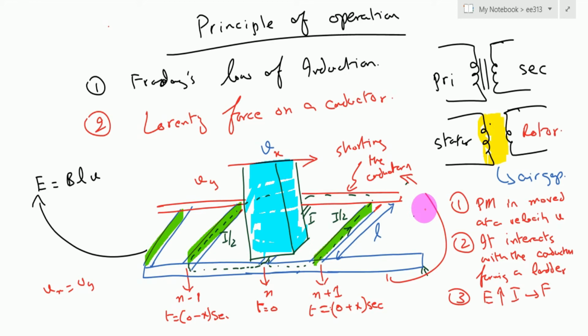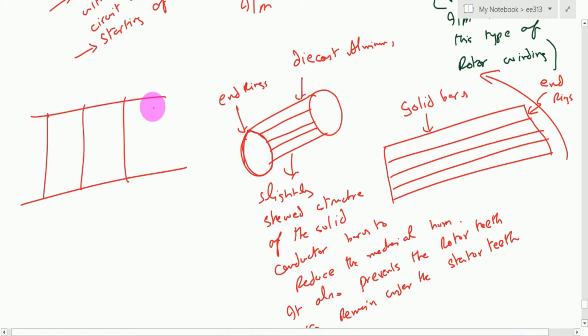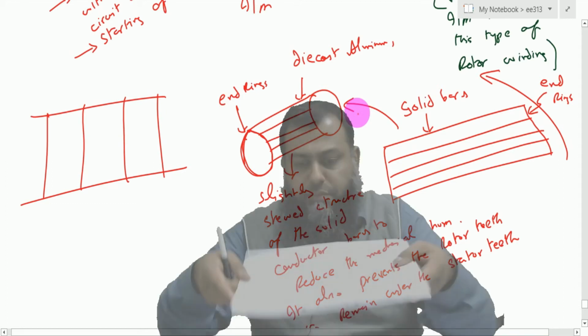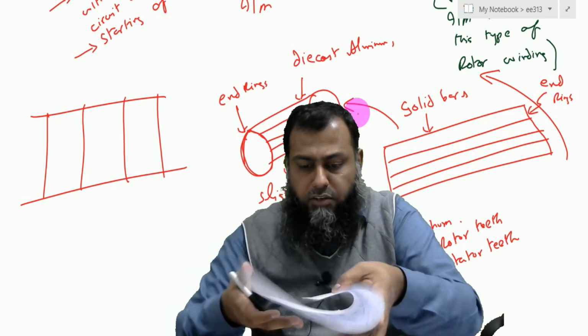So, in an induction motor, if we close up a ladder, it forms a squirrel cage, just like this one. So this is the ladder circuit. If I rotate it something like this, this is the ladder circuit, right? So we can transform this. We can roll this up just like this. So we have this particular paper. This is a rail. So if I roll it up like this,